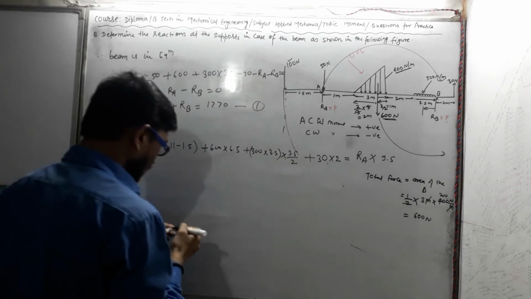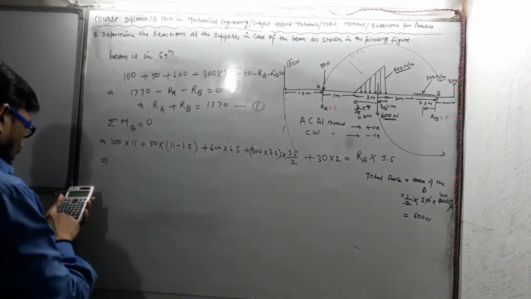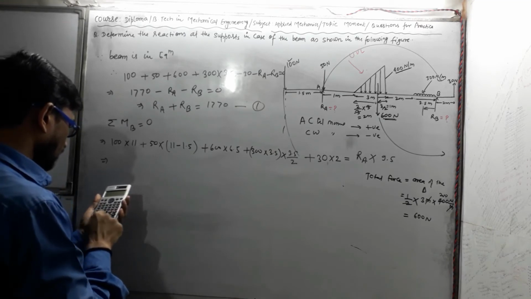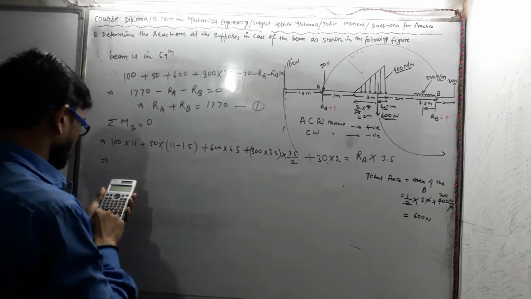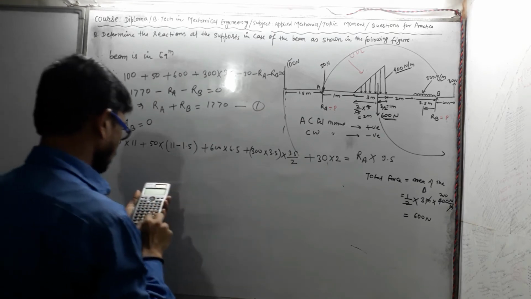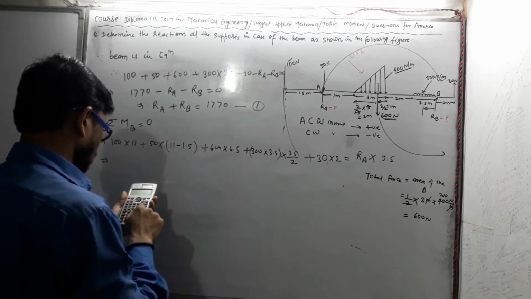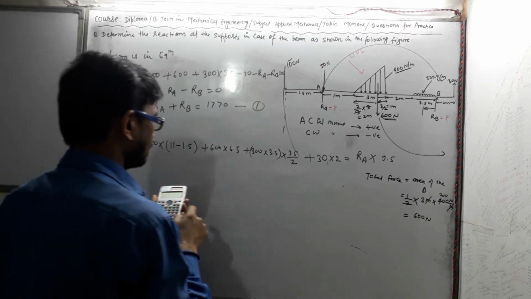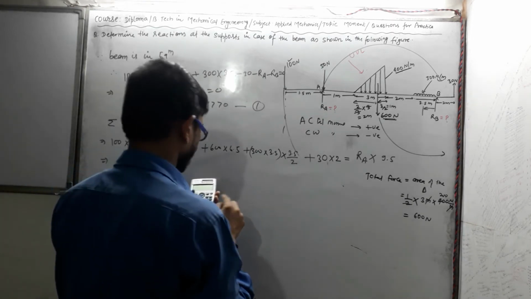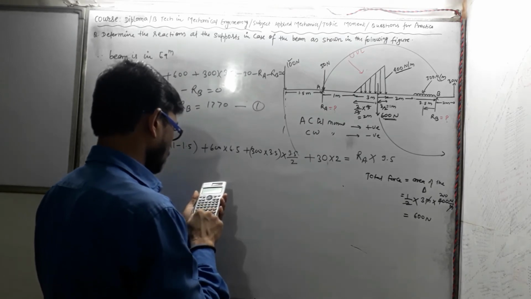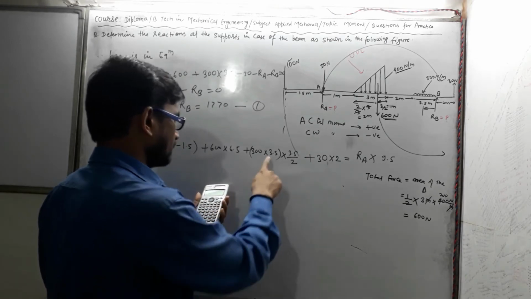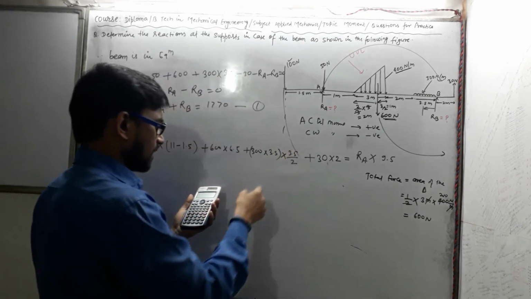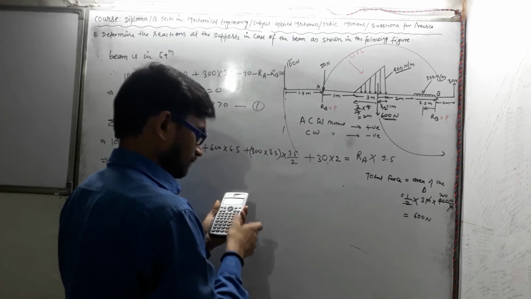If I am calculating, the value will obtain 1100 plus 50 times 11 minus 1.5 plus 600 multiplied by 6.5 plus 300 multiplied by 3.5 divided by 2, this plus 60, because I am taking square, 60, its value is